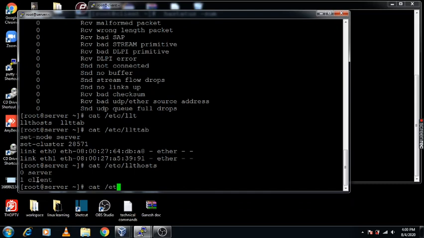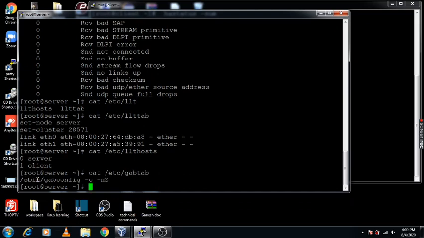Another thing is GAB. /etc/gabtab shows this configuration: /sbin/gabconfig -c, and there is the number -n2. So n2 means the number 2 is specified for this two node cluster.